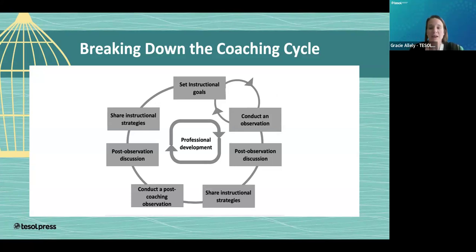What we know about effective teacher professional development is that it is ongoing and not just a one-off. So the idea with SWELL coaching, or any coaching program really, is that you're having this continual cycle going on to support the teacher and have a significant impact on teacher practice and then an impact on student outcomes as well.